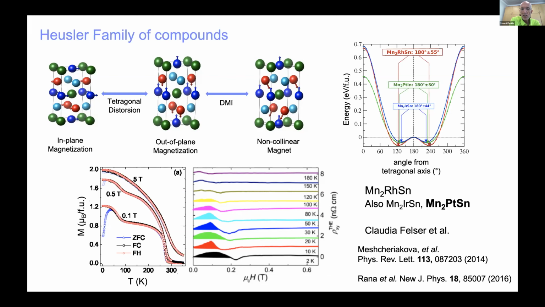You have two distinct manganese atoms or manganese configurations or environments. And these moments are aligned parallel to each other in a plane, but anti-parallel to each other from one plane to the next. So these are ferrimagnetic systems. And it turns out then, if you have heavy atoms like platinum, rhodium, and iridium, these give rise to non-collinear